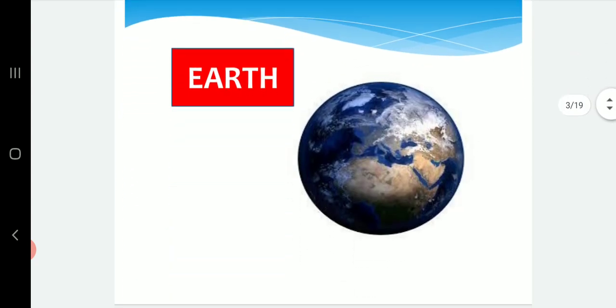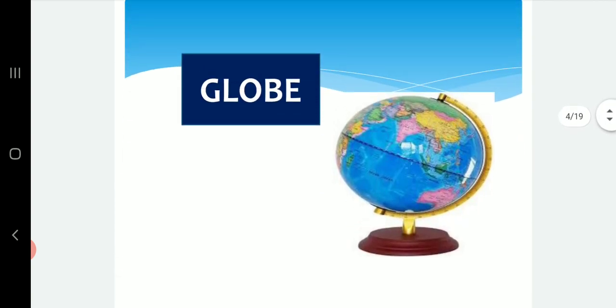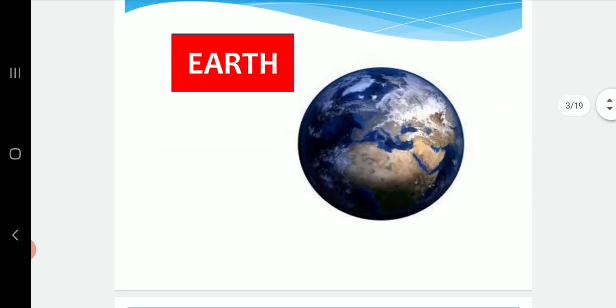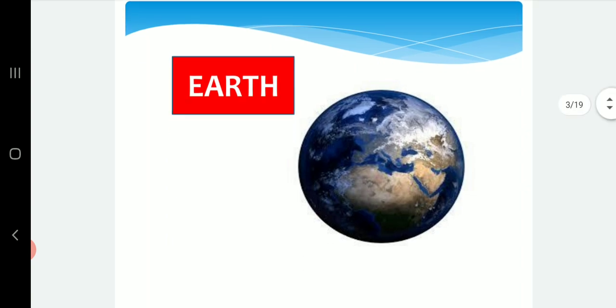Now see this picture and tell me what it is. The picture of the earth, a picture of a globe. By seeing this, in the second lesson we have learned how latitude and longitude, the parallels and meridians, help us to identify the location of a place. Okay, and now by seeing this,